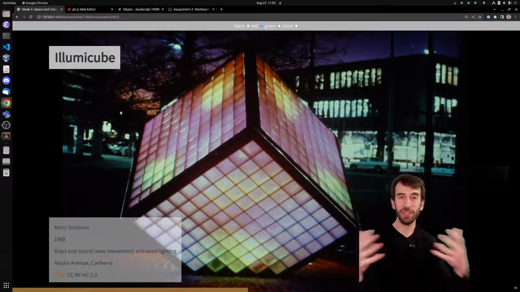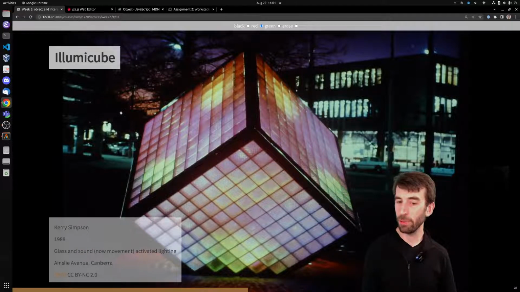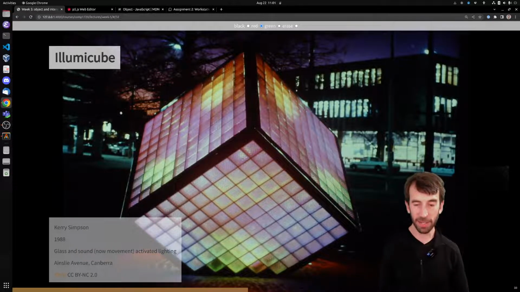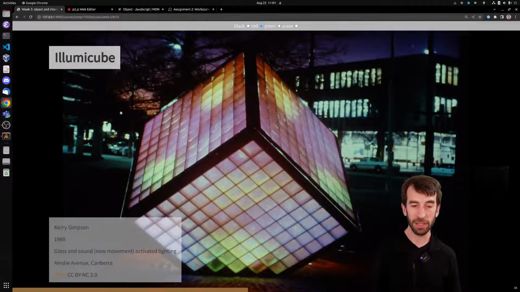Moving on into maybe the more contemporary era, the computer era. I've got a few contemporary or more late interactive artworks, getting up to now, where we look at P5 interactive artworks. This was an artwork in Canberra. It actually still exists, called Illumicube, and the original version was sitting in Ainslie Avenue in Civic. It's moved to